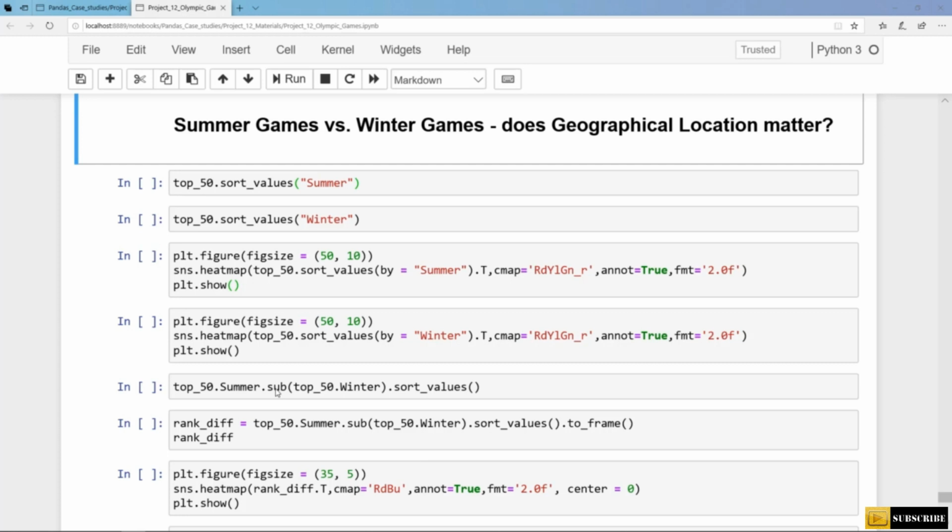In this video, we try to find countries that are relatively more successful in summer games and countries that are relatively more successful in winter games. And we try to identify some reasons for this. So the geographical and the climatic conditions might determine or at least influence a country's success in summer and winter Olympic games. We have still saved the data frame top 50, and we can sort the countries by the success